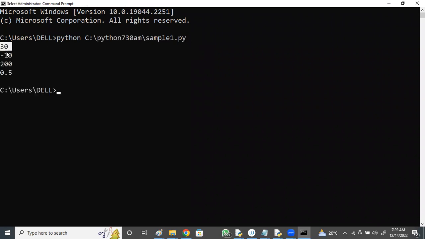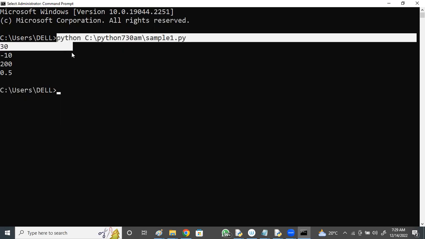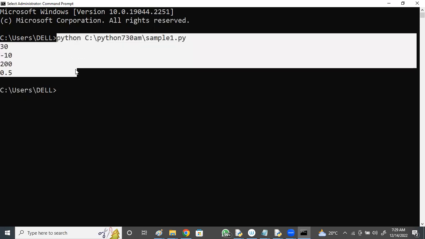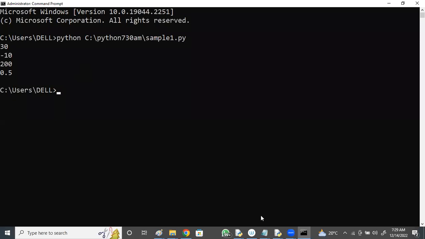10 plus 20, 10 minus 20, 10 into 20, 10 by 20. You got the output. So to Python, we need to specify the entire path: in which drive, in which folder, and what the file name is.